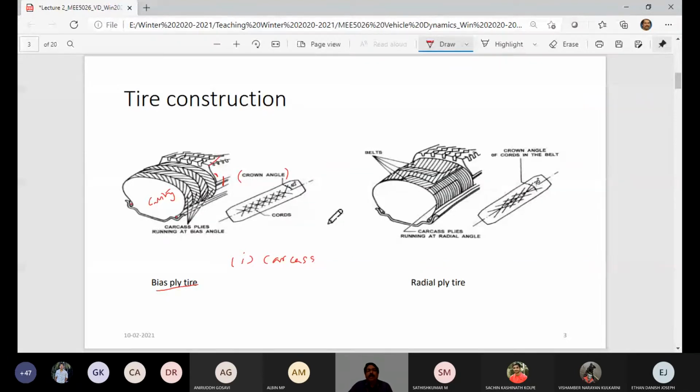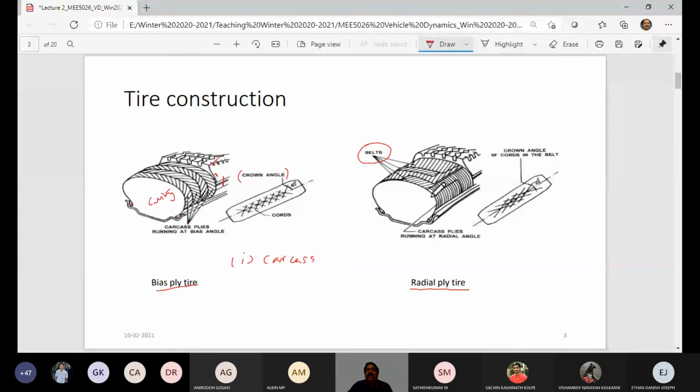Coming back again, the main difference you could see in a radial ply tire compared to a bias ply tire is these belts. Look at these belts. What are these belts? The belts do not run from bead to bead, whereas plies run from bead to bead. In a bias ply tire there are a number of plies and no belts. In a radial ply tire there are a few plies, 2 or 3. After that you have belts stacked over them. But the belts are only covered in the tread block portion, not coming beyond the shoulder region to the sidewall.